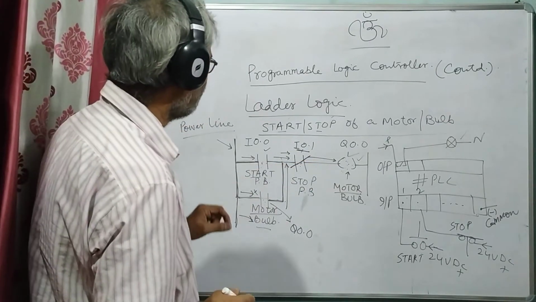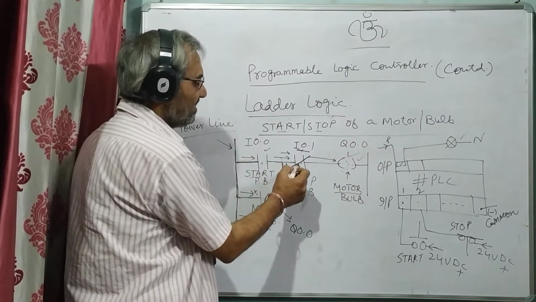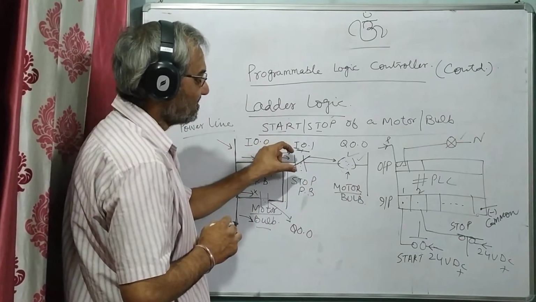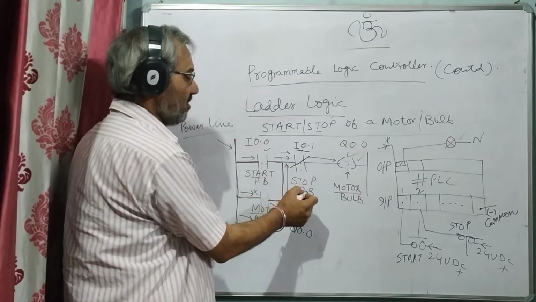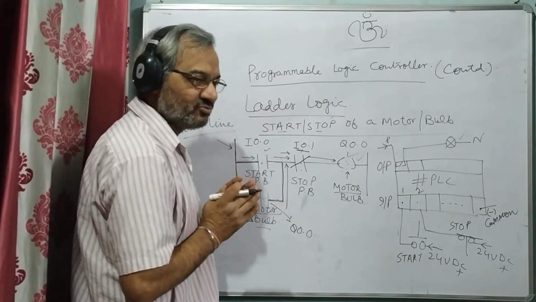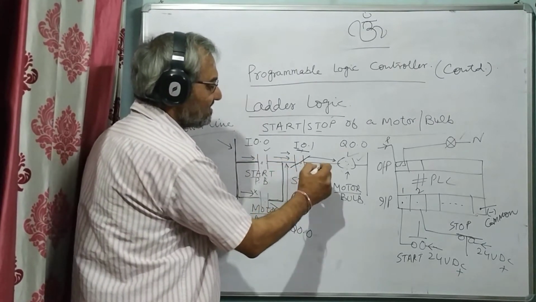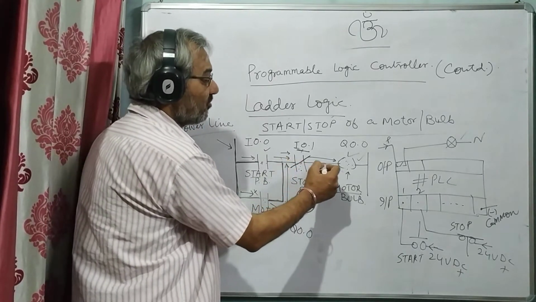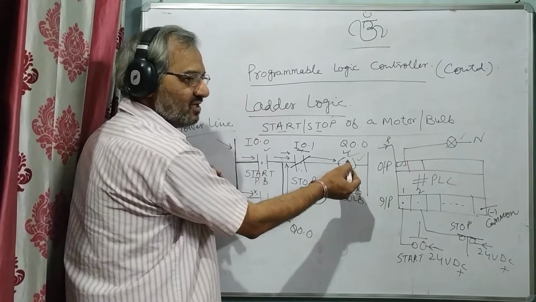But now you just see, if I press this start push button, power will flow like this. Initially, the NC contact means in the ladder logic it will work as an inverter. Physically this stop push button should be in the off state, means it should be switched off, then only this will be high. So when I press this one, the power will flow like this. If it is initially off in the physical state, then this power will flow like this, and this coil will be on. And the motor, this coil will be on, relay will be on.